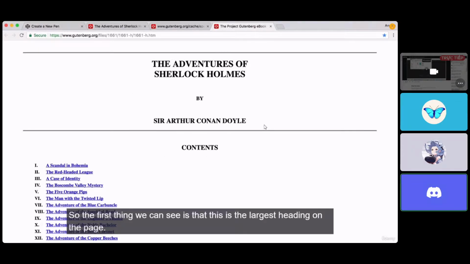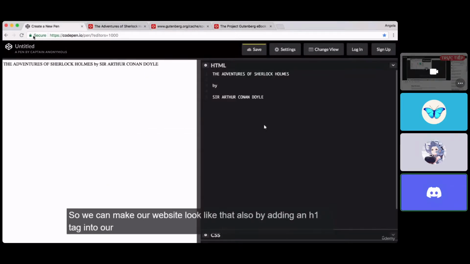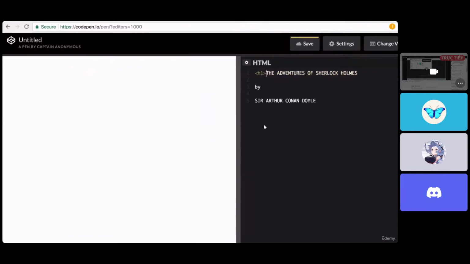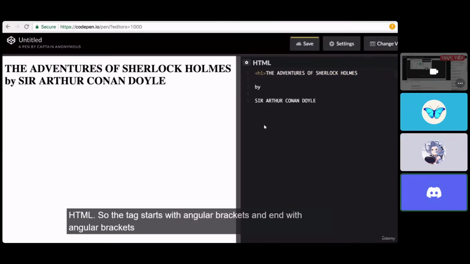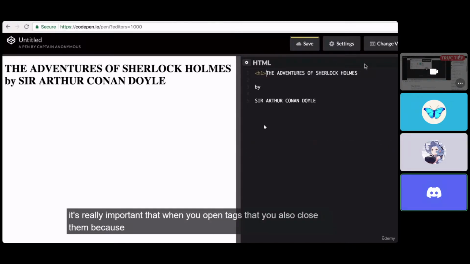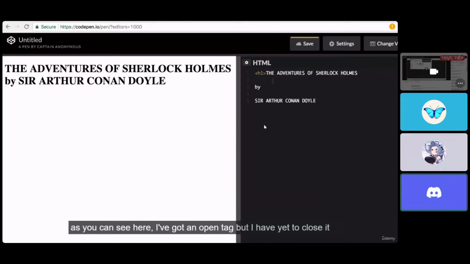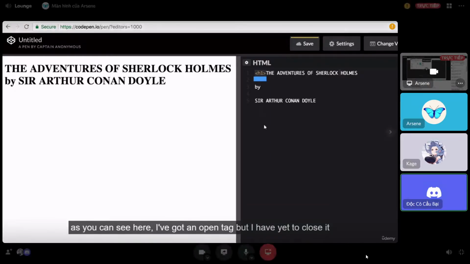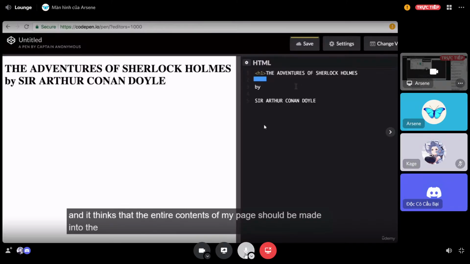So the first thing we can see is that this is the largest heading on the page. So we can make our website look like that also by adding an H1 tag into our HTML. So the tags start with angular brackets and end with angular brackets, and in the middle is the type of element or the type of tag you want to use. Now, it's really important that when you open tags that you should also close them, because as you can see here, I've got an open tag, but I have yet to close it, and it thinks that the entire content